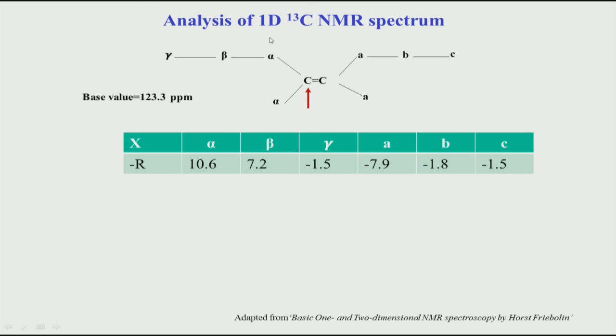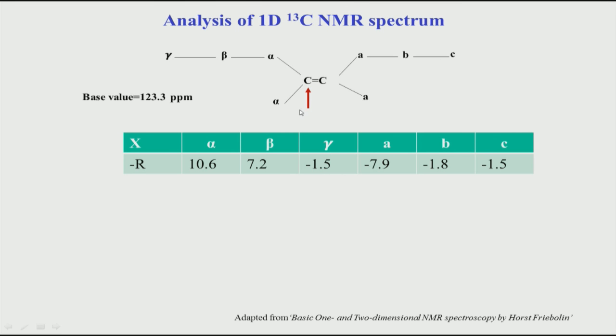And again, you can see for this kind of a molecule, where there are various substitutions, this is now a C double bond C. Again, if you remember in the last class, we saw that C double bond C comes somewhere between 100 to 150 ppm. So, the base value is taken for this calculation as this value 123, and based on the substituents at different positions, you have to add the values. For example, if you have an aliphatic substitution, aliphatic meaning only hydrogen or CH2, CH3, based on that, you have to basically add this value to the base value wherever they are present.